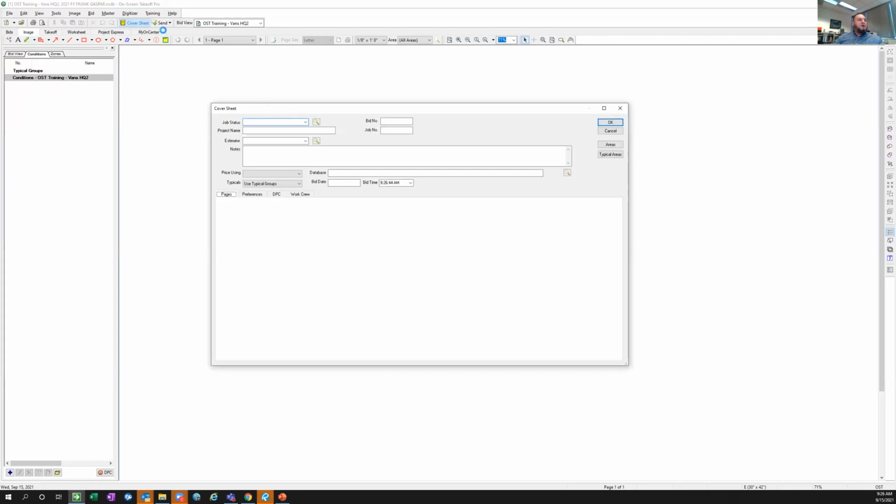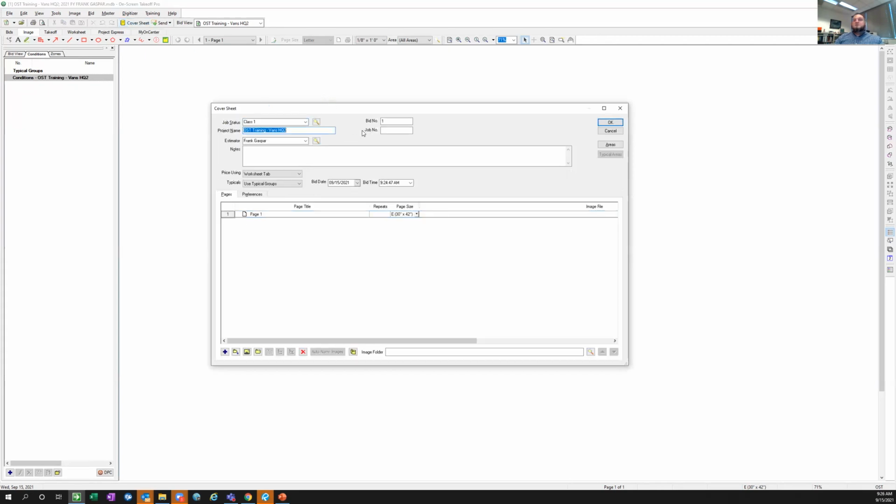If you don't get that, you want to click on the cover sheet. Is everyone on this part where you're loading the images, about ready to load? No,